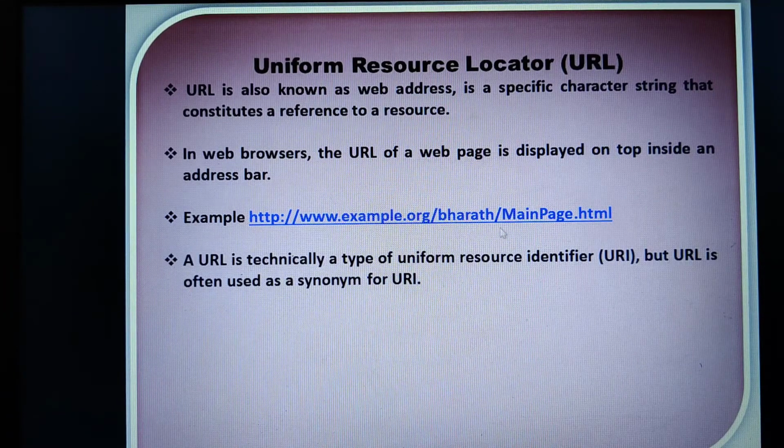Technically we can call this a URI, that is Uniform Resource Identifier, which is also called a URN, Uniform Resource Name, and that helps you locate services over the internet.